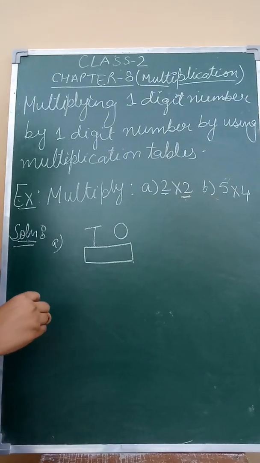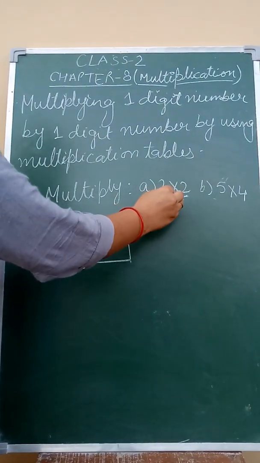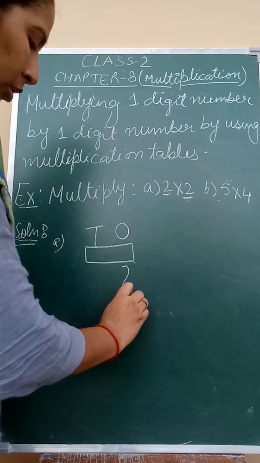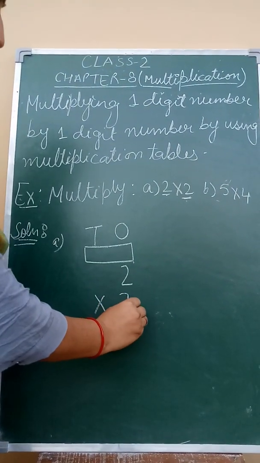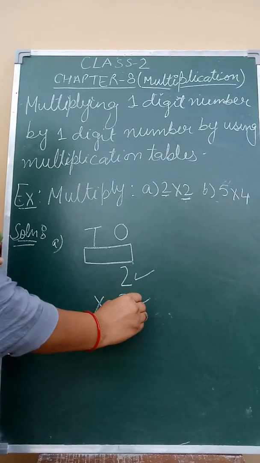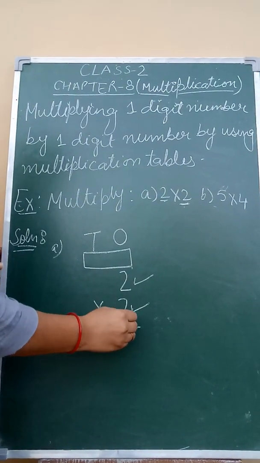Make one box as we have done in the addition and subtraction. This is a 2-digit number. Write both the numbers on the ones place and put the multiplication sign here. Right. The number written here is the multiplicand, then the multiplier, and then the product. So start